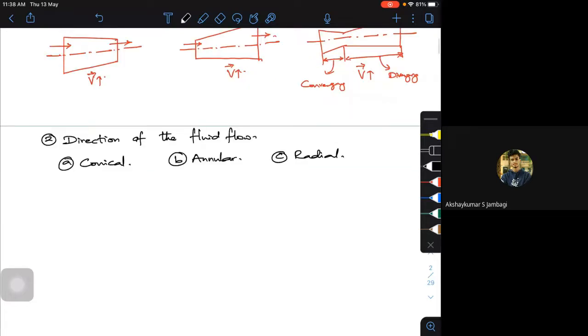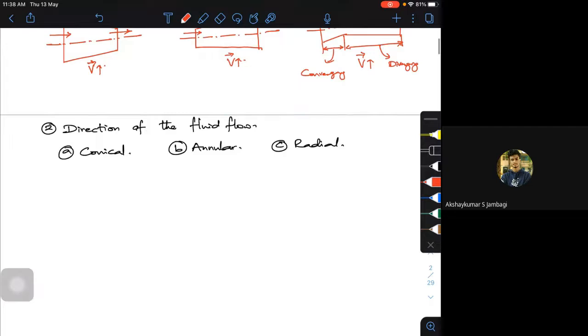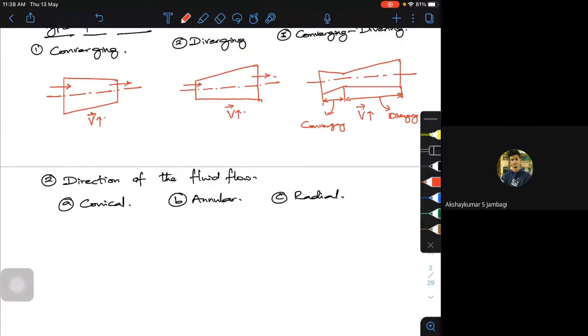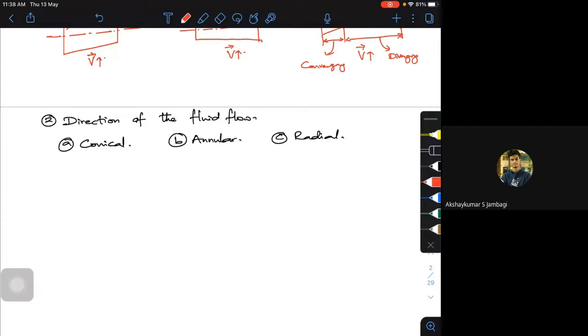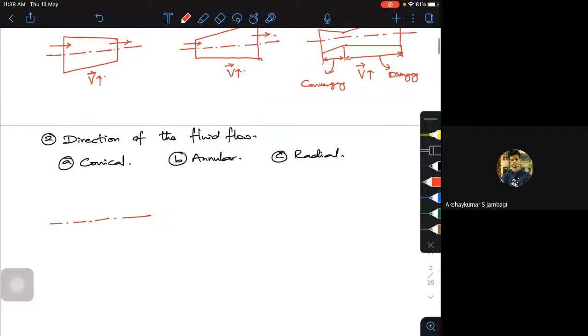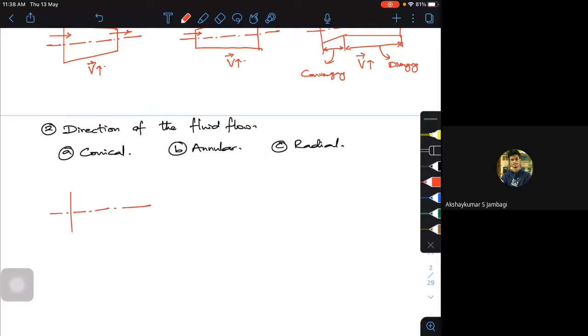If you want to look at the conical type, I can draw any of the converging, diverging or converging-diverging nozzles. They all belong to the conical type of nozzle. So let me put a converging nozzle itself. This is my converging nozzle. This is a conical one, it just looks like a cone. Fluid enters here, fluid exits here, and it's insulated. You have to remember that nozzles are always insulated. This is like a cone, so that's why these nozzles are called conical nozzles.